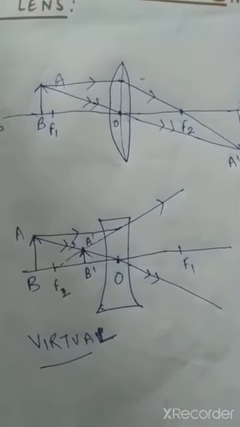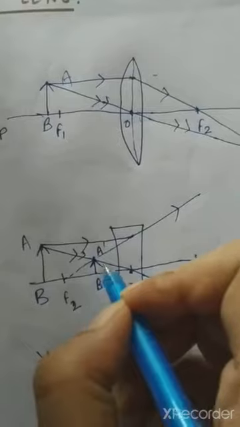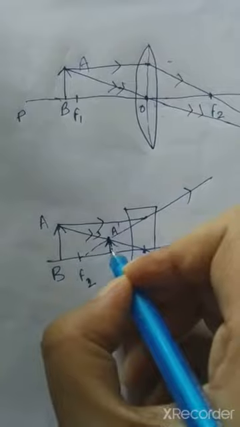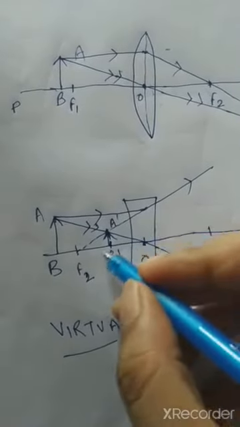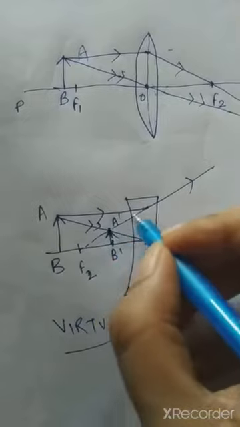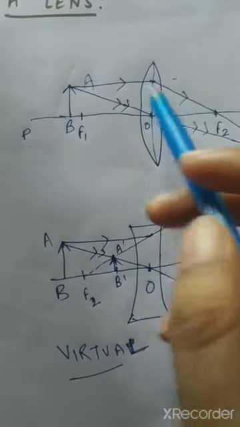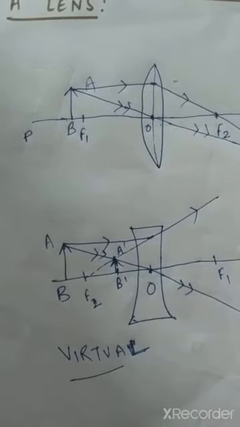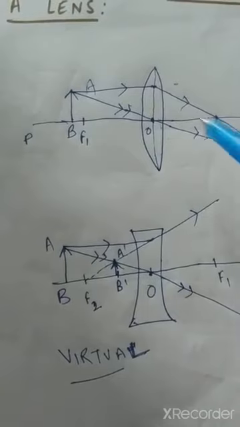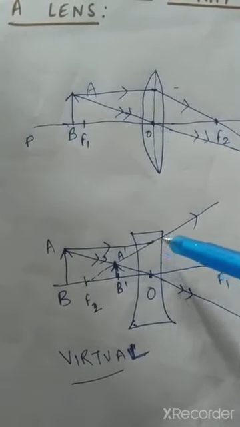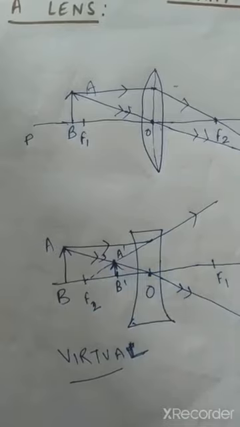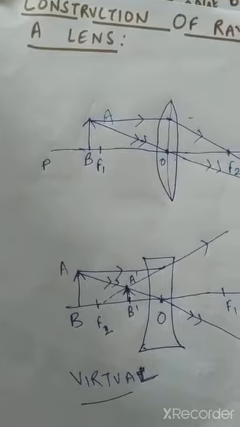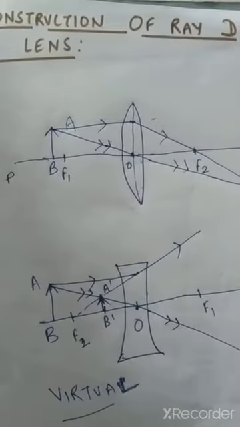Also one more thing, as I told you, when you draw the virtual image, make it with a dotted line, don't make joined lines. Okay, and for the extension in the backward direction, these rays of light will also be in dotted lines, not joined lines. Joined lines will be drawn only when the rays of light are actually meeting at this point, when the refraction actually takes place. Okay, so in that case you will draw joined lines. When you are extending a line in the backward or forward direction, we always draw dotted lines. So clear, these are the few points that you have to keep in mind.